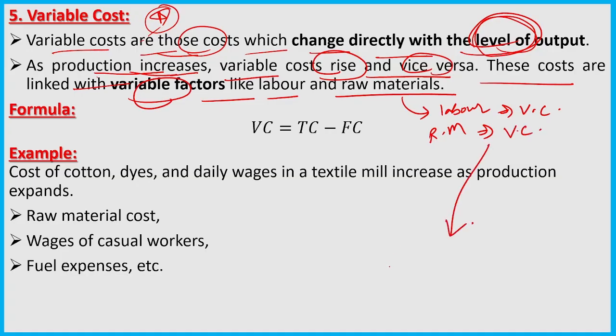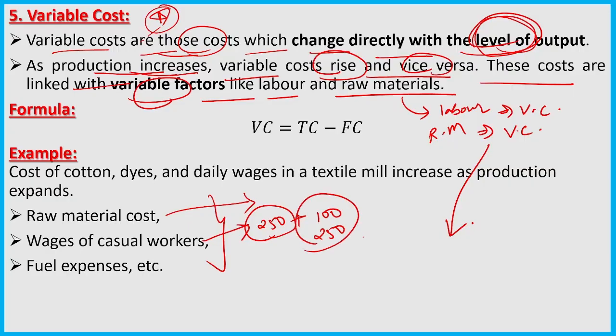दूसरे एग्जांपल्स दूं। से फॉर एग्जांपल देखो यहाँ पे मैंने लिखे भी है। रॉ मटेरियल्स हो गया, वेजेस जो आप देते हो कैजुअल वर्कर को, ओवर टाइम कर दिया तो हर रोज के 250 देते हो, पर ओवर टाइम कर दिया तो ऊपर 100 रुपए ज्यादा आपने दे दिए, या जितने घंटे काम किया उसमें दूसरे 250 दे दिए। तो दैट इज वेरिएबल। कल उसने 250 का काम किया था, आज उसने प्लस 350 का काम किया, तो उसको ज्यादा पगार दो, तो वो चेंज हो गया, कॉस्ट आपकी बढ़ गई, खर्चा बढ़ गया। फ्यूल या ट्रांसपोर्टेशन या पेट्रोल के चार्जेस, वो सारे वेरिएबल कॉस्ट में आते हैं।